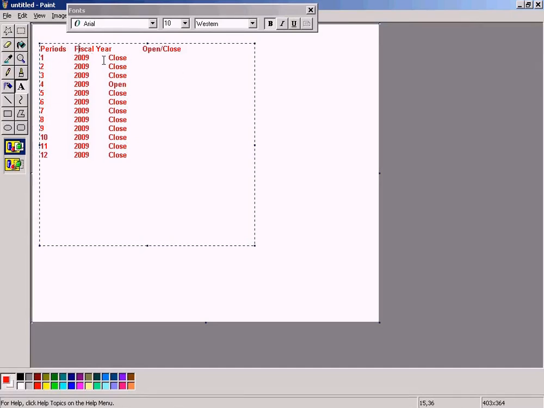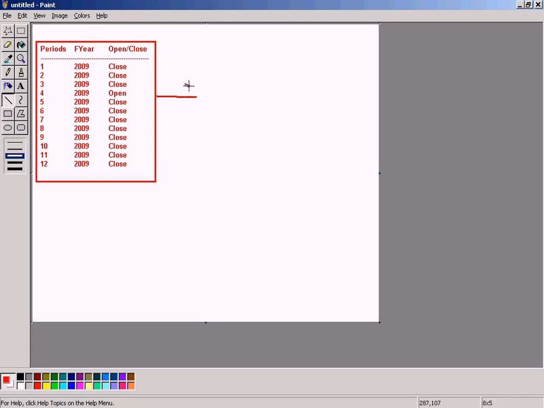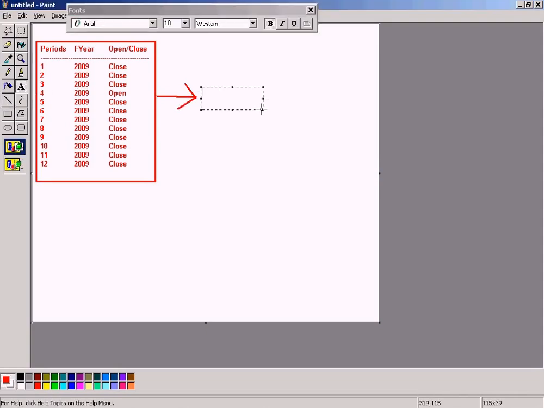Okay, let me just change it to fiscal year so that it will come near. Alright, now this is the table we have, right? This whole table will be assigned to or linked to a posting period variant, like this.